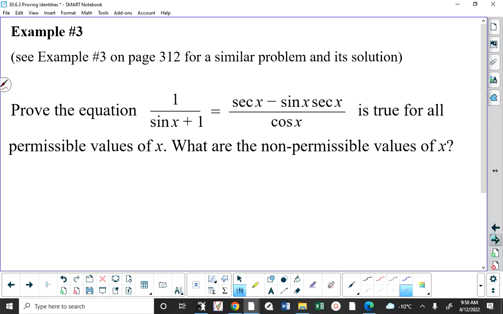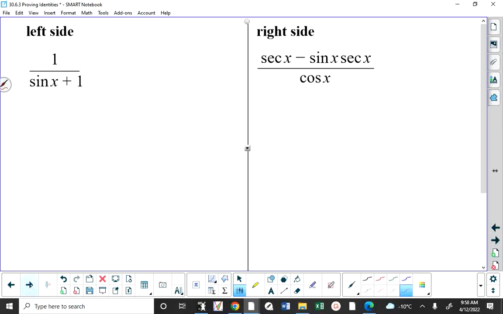Number 3, and again, there's something that's similar in your textbook. Prove that this equation is true, and then we're going to find the non-permissible values. So there's the left side and there's the right side. There's something in this question, I believe, that's very specific. It's not something that's on that pink sheet. But before we do this,